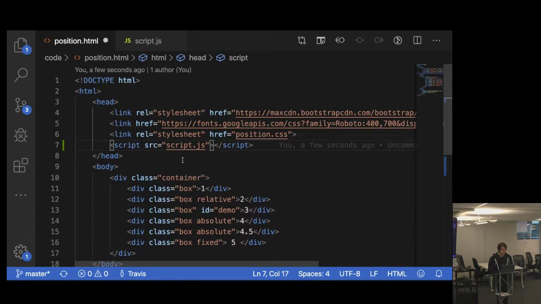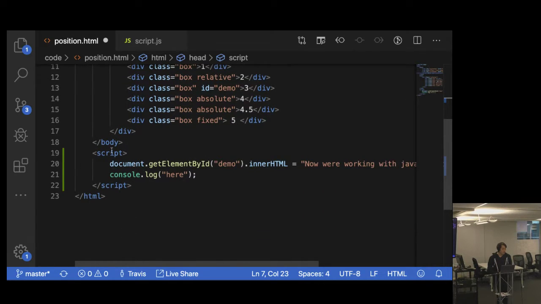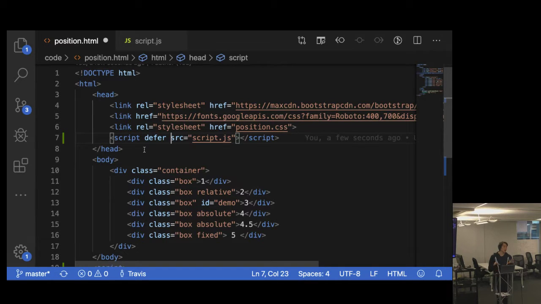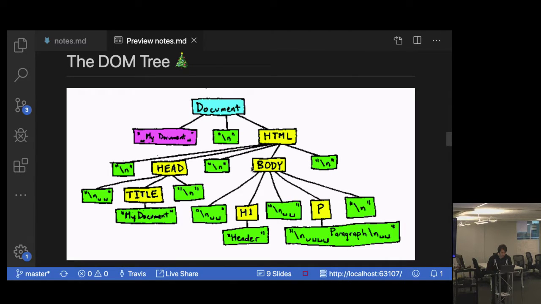The first one is defer. And this will tell your script to essentially do what it was doing when it was down here after the body. Wait until all of the HTML has loaded, and then load the script, and then run the script. The other option is to mark it with async, which will tell the script to asynchronously load as the HTML is loading, and then only when the script has finished loading, pause the HTML from rendering to run the script. And this is kind of best viewed in